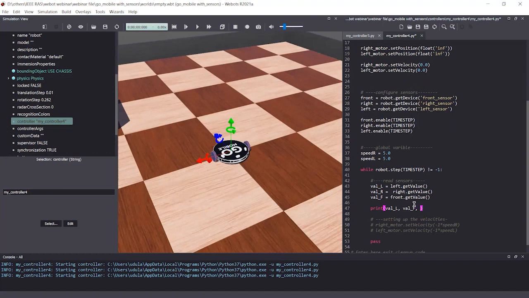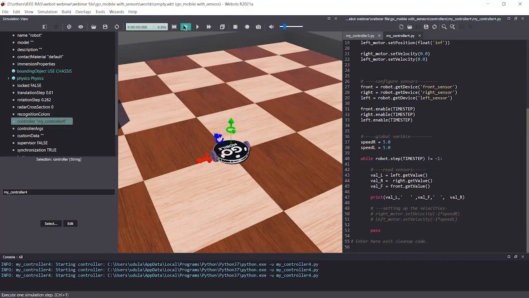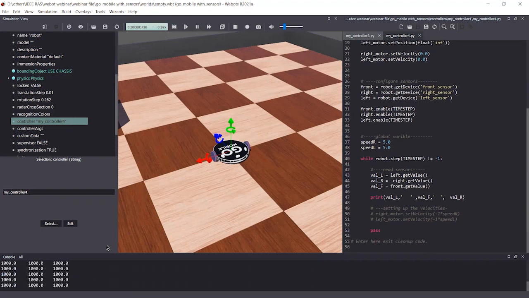You can see I am printing in such a way that the left value is on the left side, the front value is in the middle, and the right value is on the right side. So I need some space between these things. So let's create a space. You can create space like this. Let's run this, and you can see there are values.